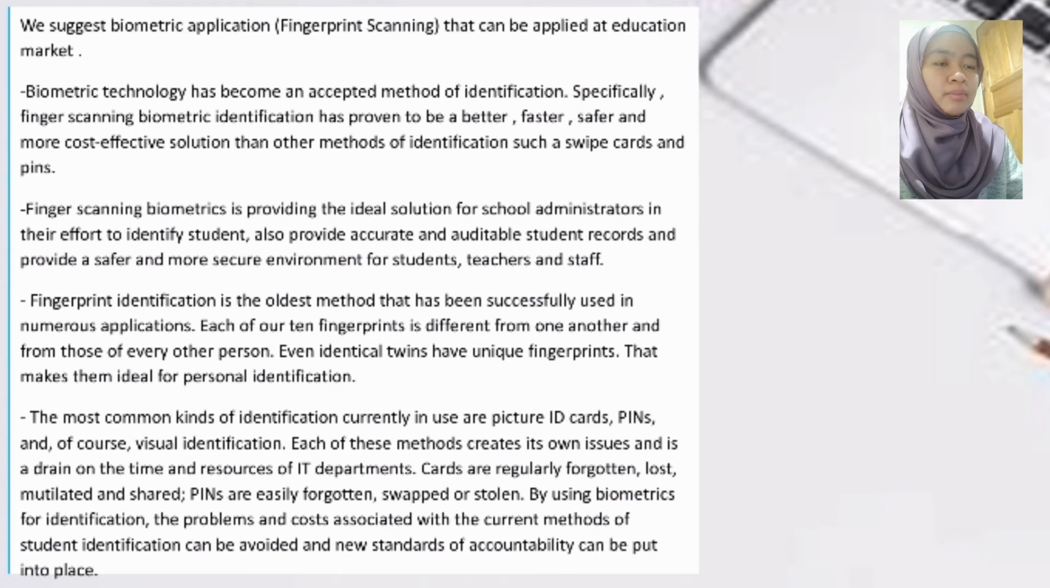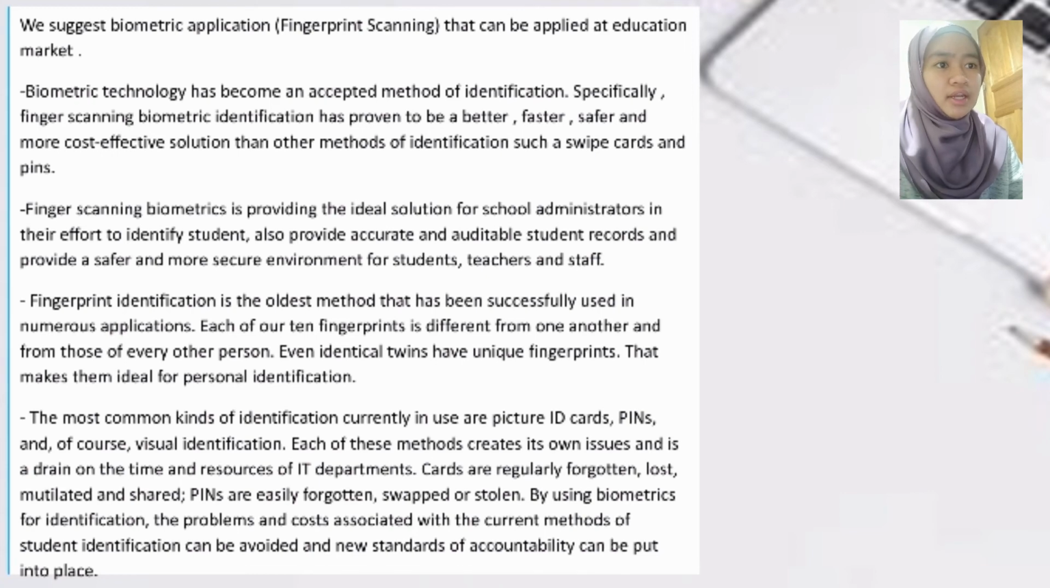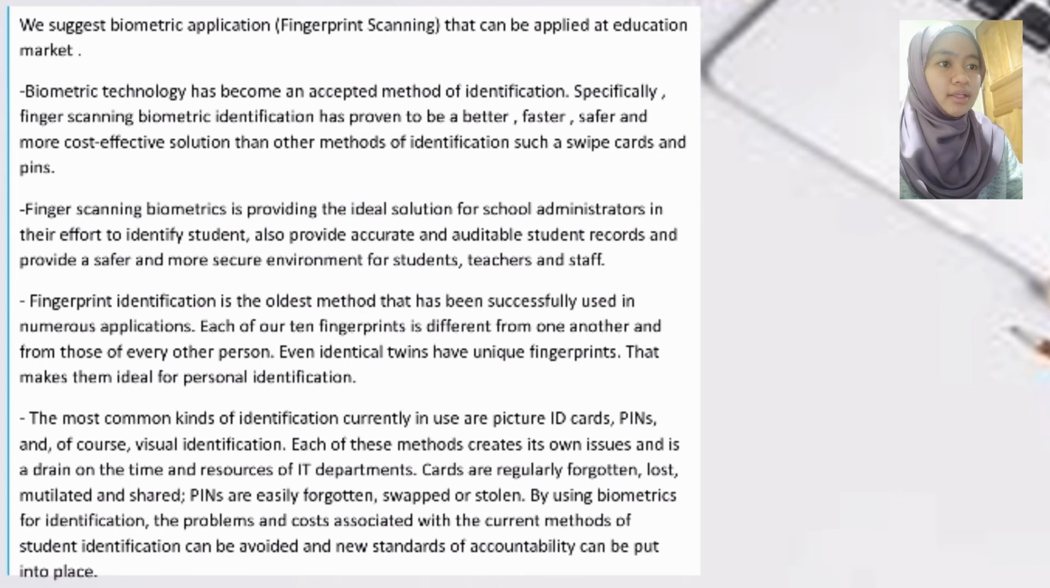Biometric technology has become an accepted method of identification. Specifically, finger scanning biometric identification has proven to be a better, faster, safer, and more cost-effective solution than other methods of identification such as swipe card and PIN. Finger scanning biometric is providing the ideal solution for school